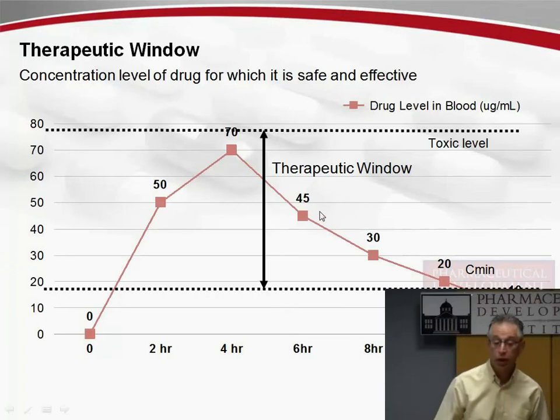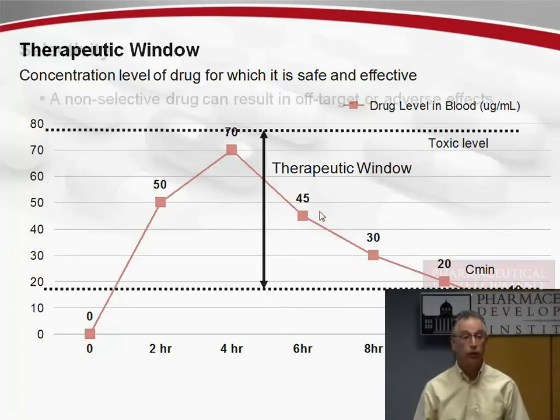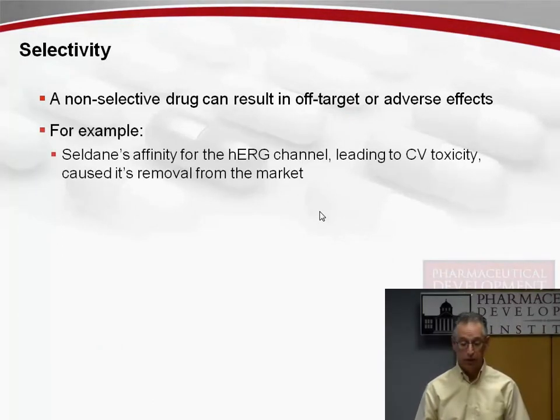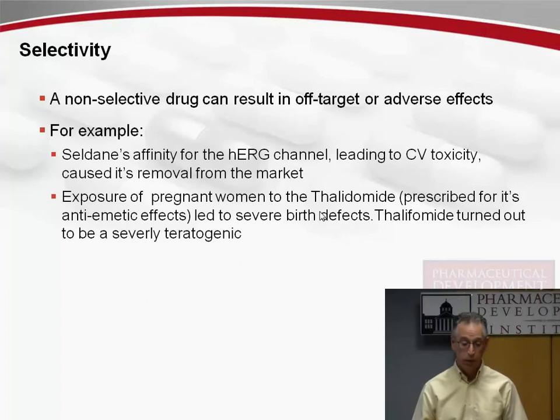A non-selective drug can result in a variety of off-target or adverse effects. We showed the example of Seldane's affinity for the hERG channel leading to cardiovascular toxicity. Another classic case is thalidomide. Thalidomide was prescribed as an antiemetic to pregnant women in the 1950s. Unfortunately, this led to a series of very severe birth defects,